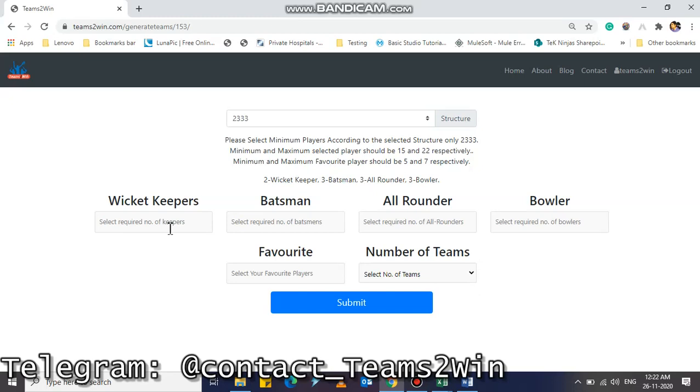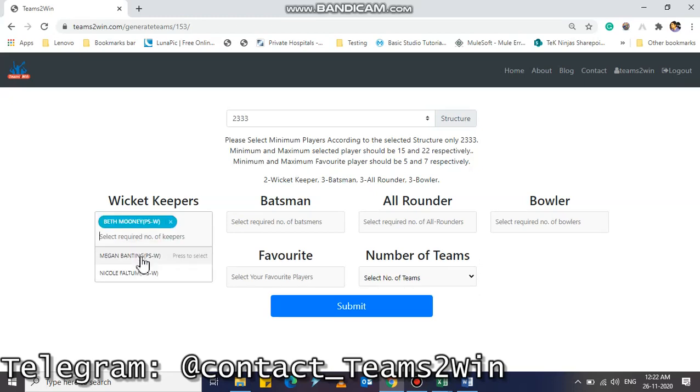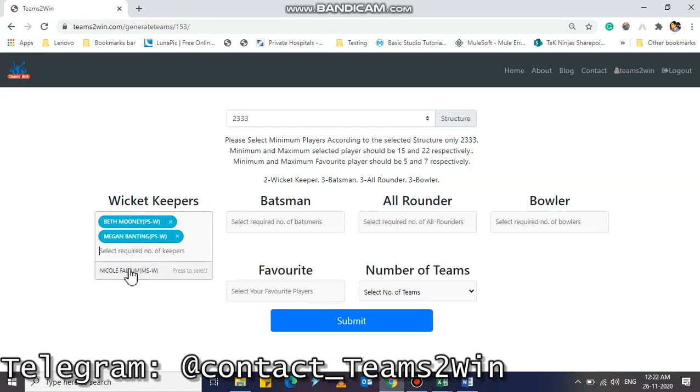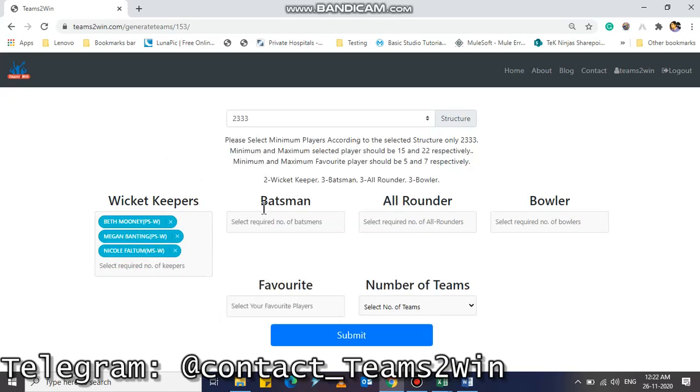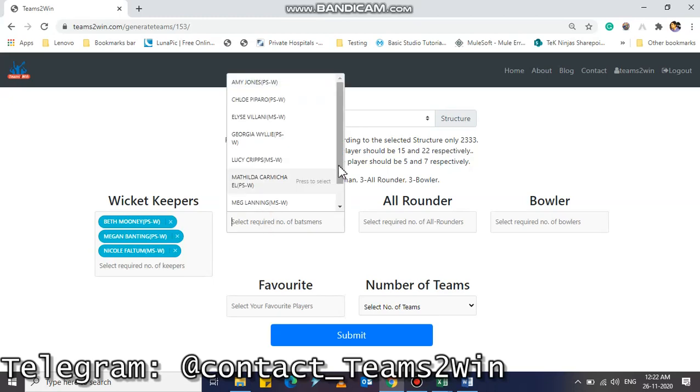Okay, so I'm selecting Beth Mooney, and I'm selecting three people. Since I'm going with the 2 3 3 structure, it depends upon your view. If you want to go with another structure, that purely depends on you. You need not depend on everyone. You just come here, select your structure and select the players, and Grand League teams will be ready in a click.